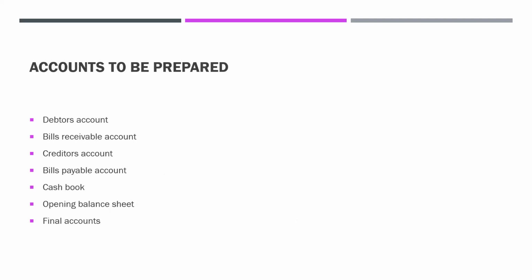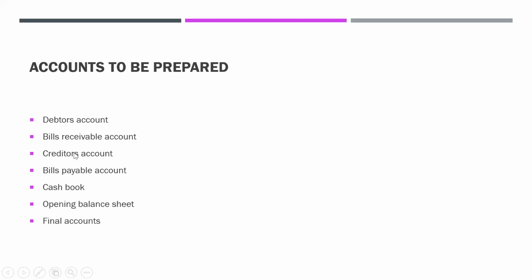Now last final slide for today, accounts to be prepared. We will be preparing debtors account so that we get कितना credit sales दिया है, कितना debtors से पैसा मिला, debtors are our customers, bill receivable कितना debtor bill receivable में convert हुआ, कितना bill receivable से due date में पैसा मिला, creditors, your suppliers from whom you have purchased goods on credit, तो purchases का information credit purchase का information creditor से आता है, credit sale का information debtor से आता है, and final account में you require sales also and purchase also,